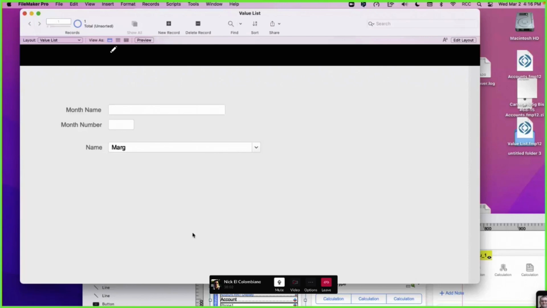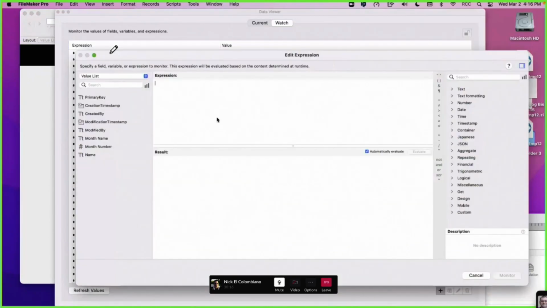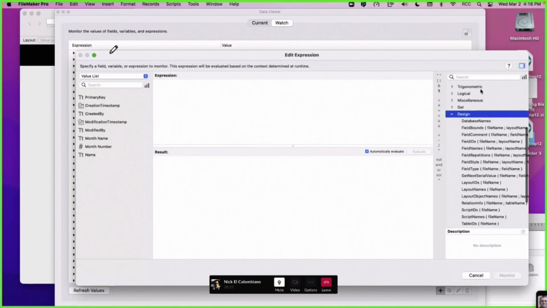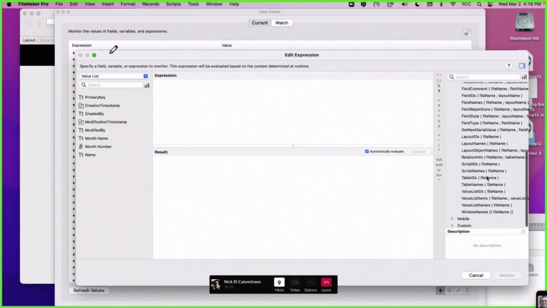The first thing you need to know is that there's a way to hijack this list in a calculation. So how do we do that? We go to the design functions section, and we have one named ValueListItems.